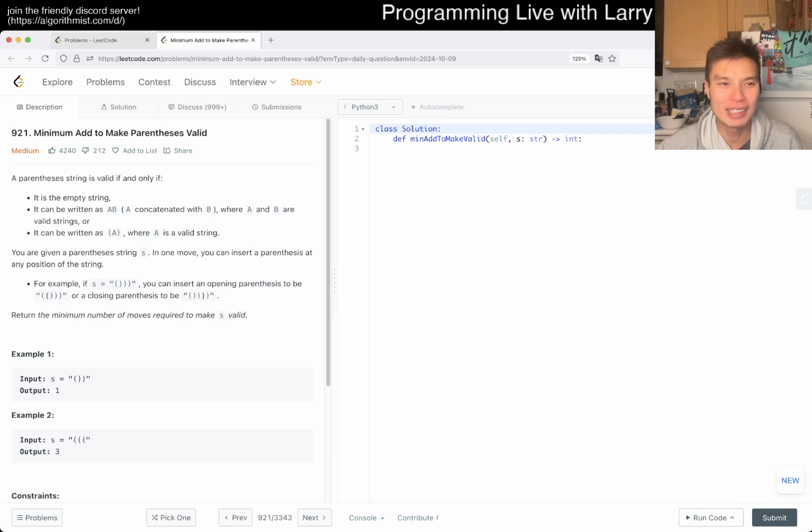Anyway, let's take a look at today's problem. 921, minimum add to make parentheses valid. A parentheses string is valid if and only if it's the empty string, A B, or something like that. I mean, this is just a definition of parens, and return the minimum number of moves required to make it valid. So this is again greedy because